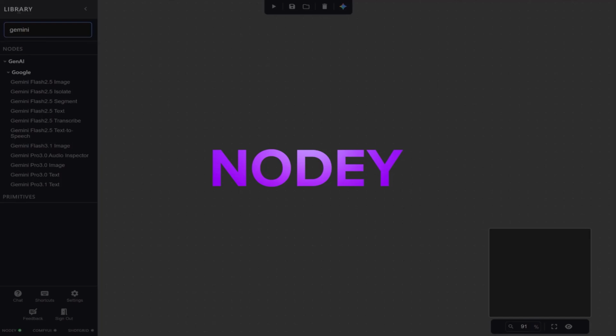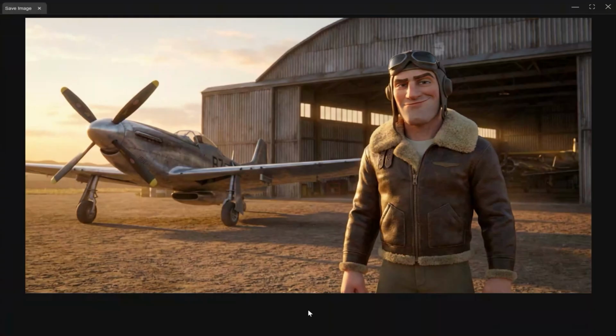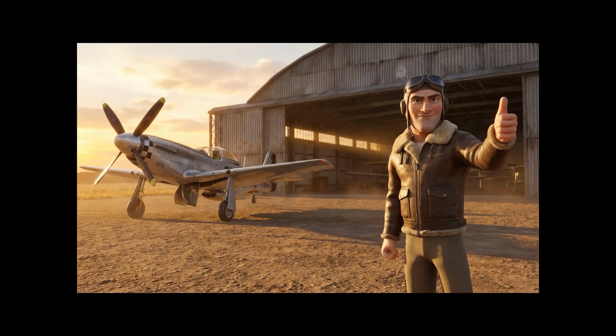Nodey is an interface that integrates multiple generative AI processes into a single visual workflow. Because the UI is node-based, it's immediately familiar to many artists who work across different content creation apps and makes experimentation and iteration much easier. With Nodey, you can take an idea all the way from look development through 3D interfaces to finished video output